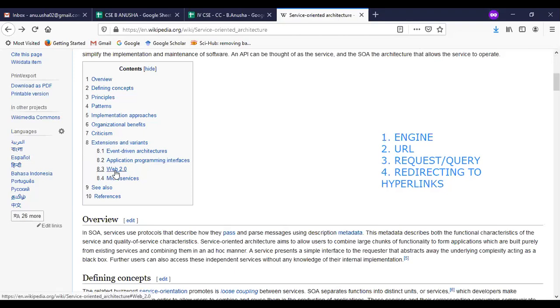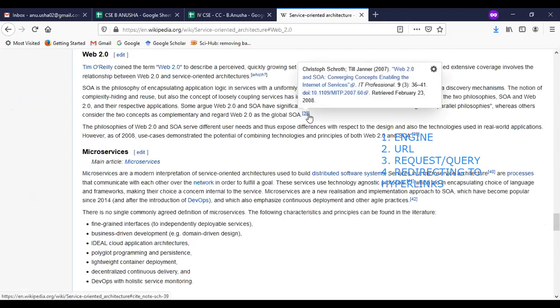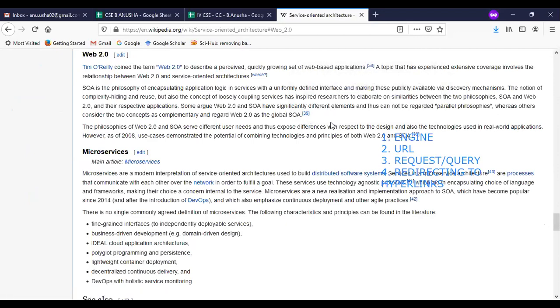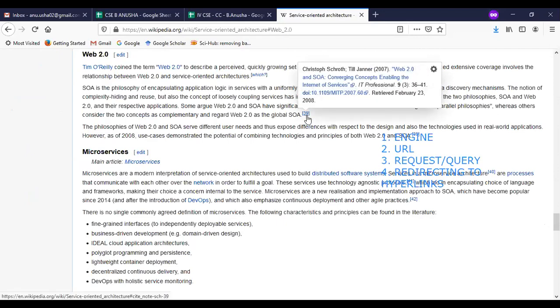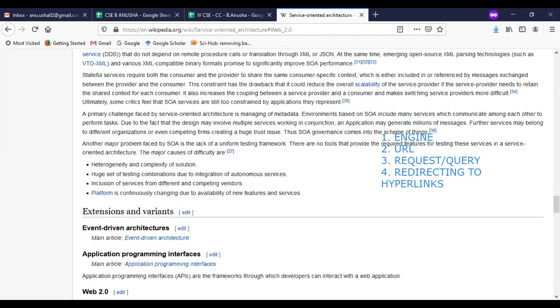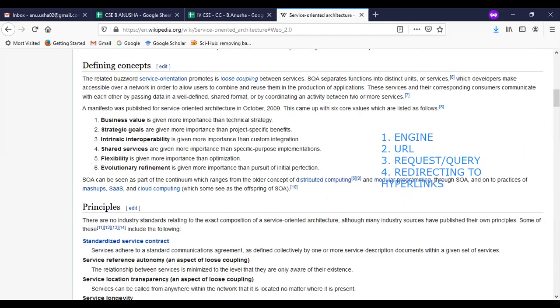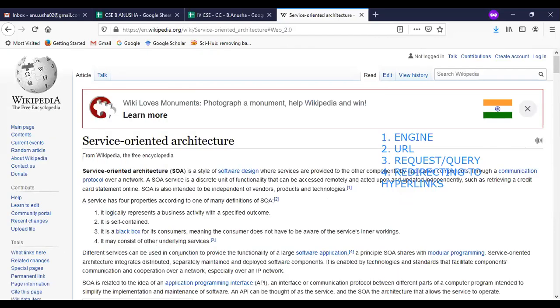I want to know about Web 2.0. There is no need to scroll, and no need for any representations to be done by you. It simply allows access. It also provides several numbers here, because it has been used or proposed by these persons in their articles. If I want to go to the home representations, I will go there. If you want to edit any information, it allows you to edit also.